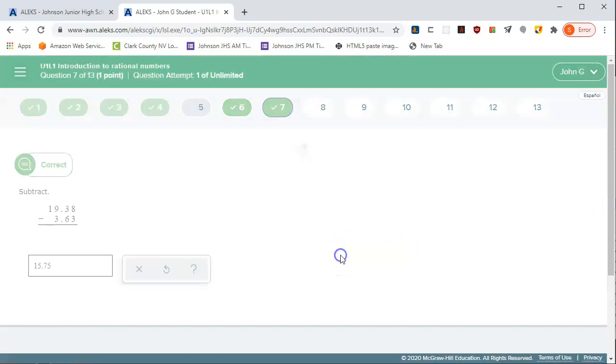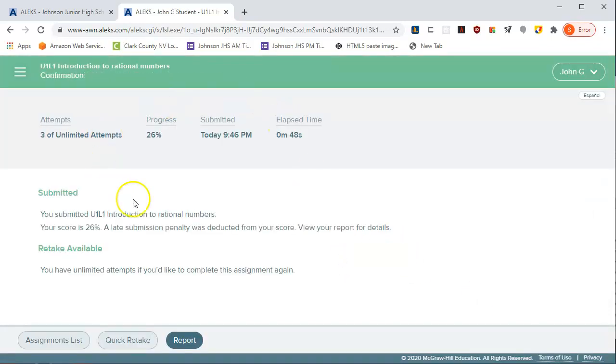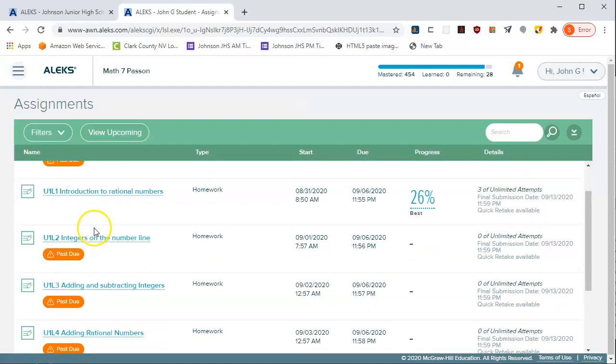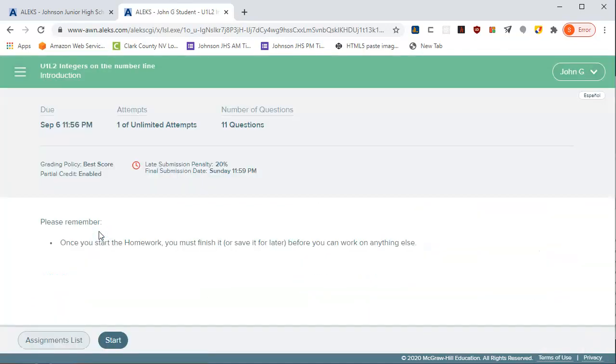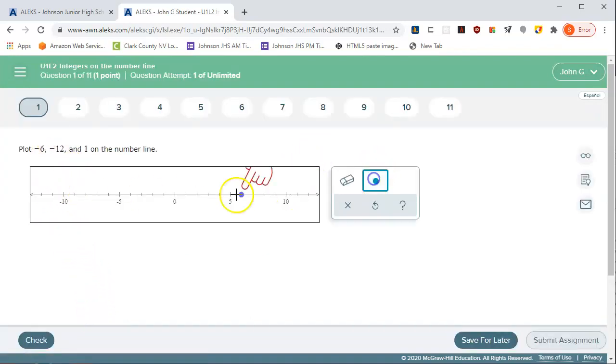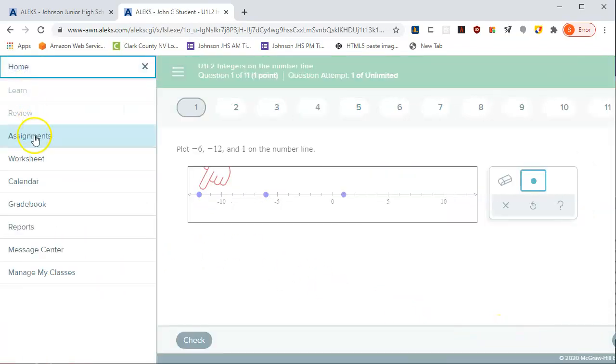Even though they don't have all the problems done, they can submit and get some progress. So you notice the score has gone up quite a bit. We can go back to the assignment list and then go work on another assignment. Now if a student starts an assignment like this one here, so we plot -6, -12, and 1 on the number line, and then we go back to assignments, you'll notice,